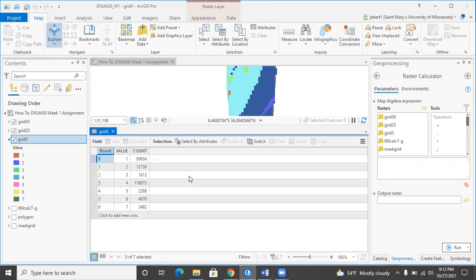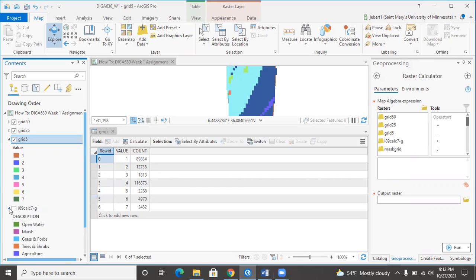But I'm going to look at my smallest raster here, and it tells me that my value of 4 has the greatest count. So that's the value I'm going to select for all of my rasters to calculate the area of. So if we think back to what our values of 4 referred to, if I go back to my L89